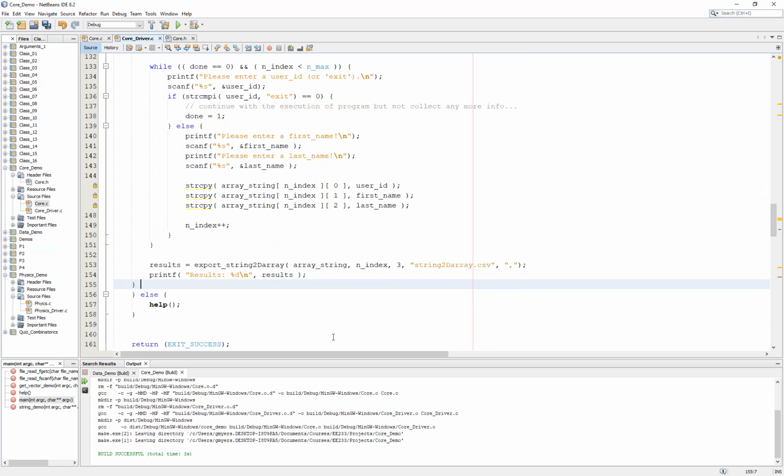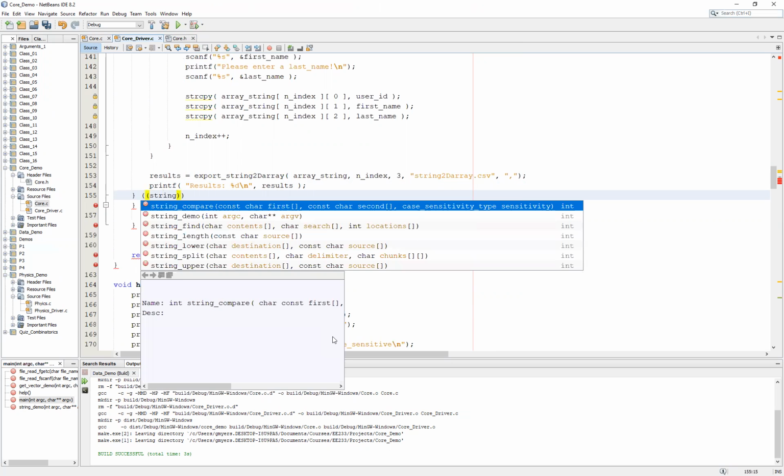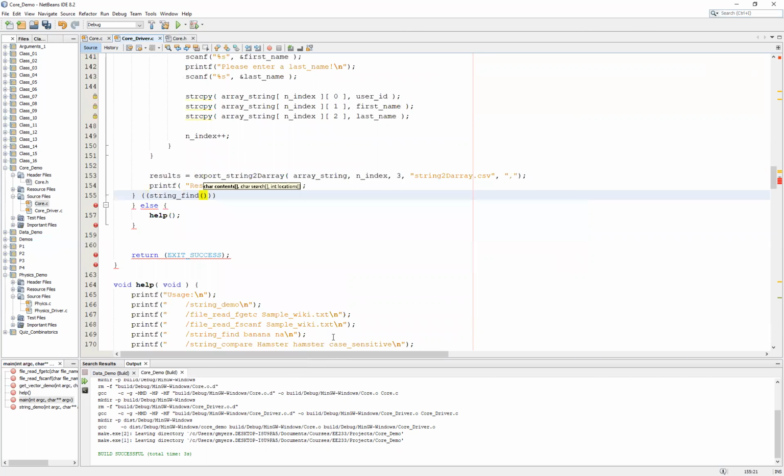So we'll start off with a closed curly brace, and then we're probably going to need some nested parentheses here. But what we're going to do is actually use our string find function. Okay, and our string find function is going to use argv[1],